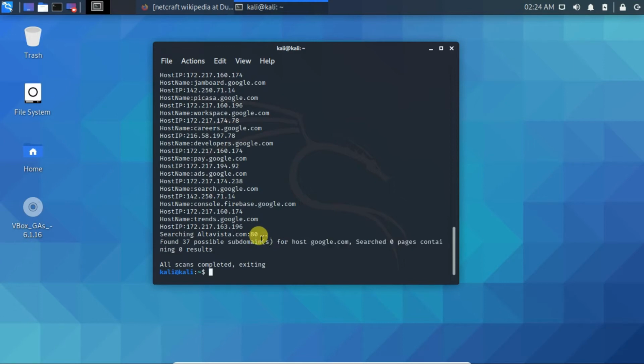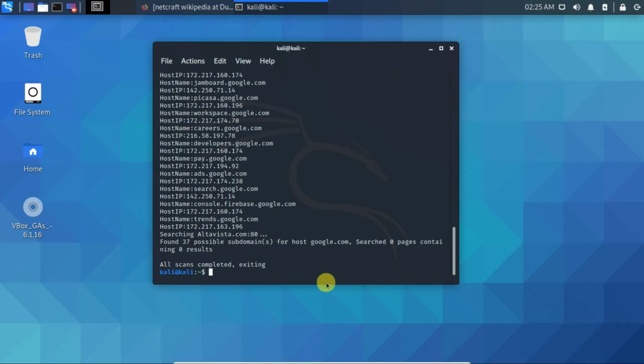We don't know if it's exactly 37 or more, but it can't be less than 37. That's why we use the word possible there.